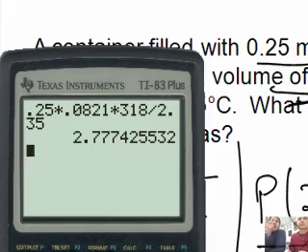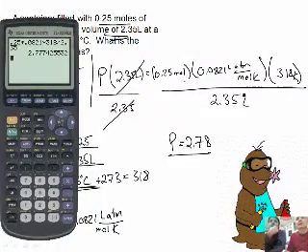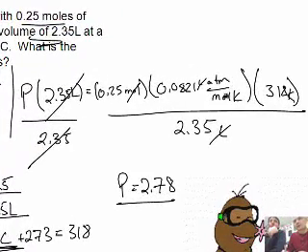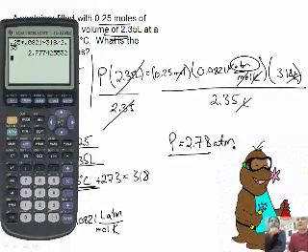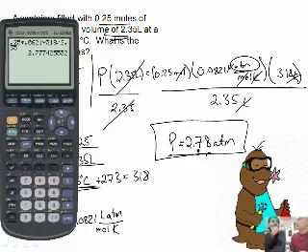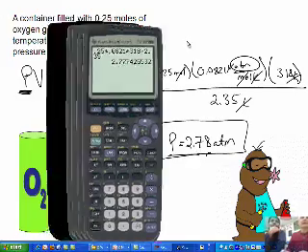So what would the units on that be? Let's cancel them out. The liters cancel here and here. We've got moles here and here, that cancels. And my Kelvin is here, and that cancels. That leaves us with atmospheres. That's because if you're using this equation, typically pressure will be in atmospheres.